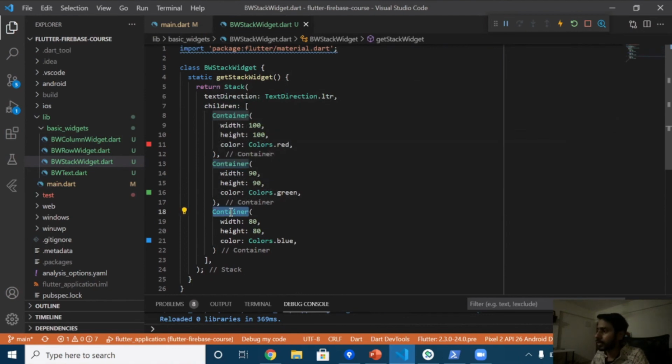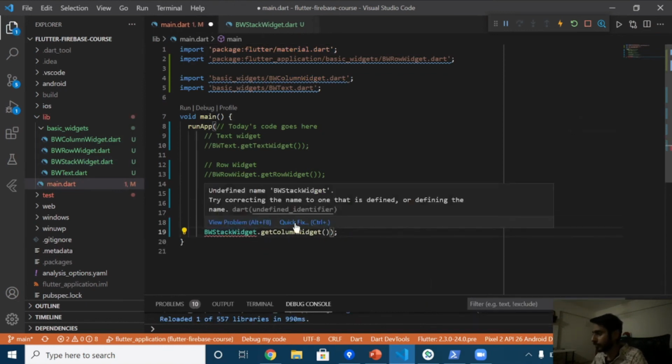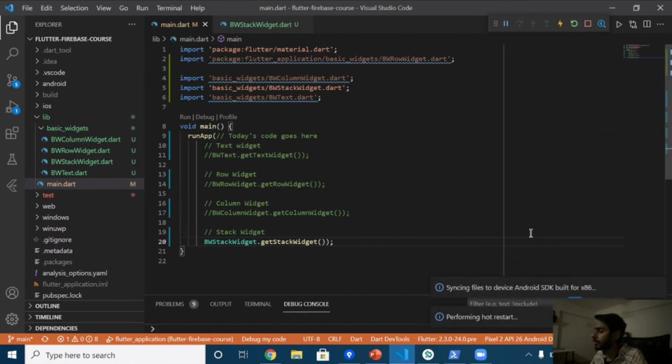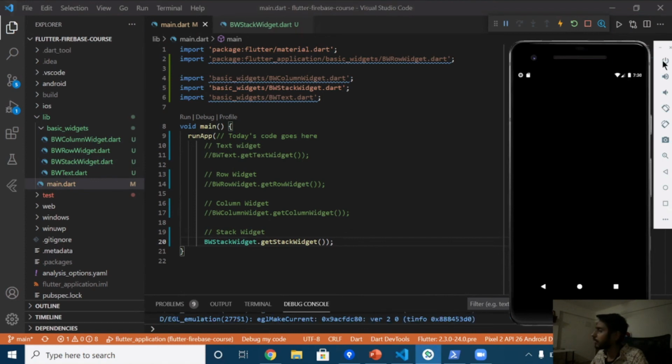So let's go ahead and call this from the main dart file. All right, so let's reload the application. And that's it. Let's see the output. See, the output is similar to what we saw in the presentation. All right, so that was the stack widget.